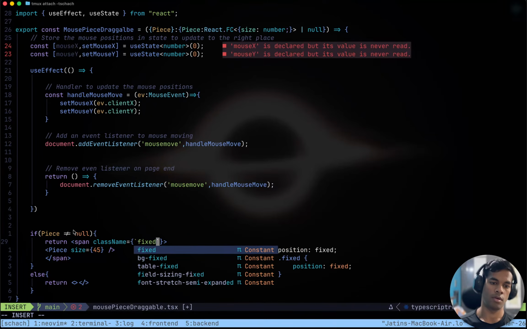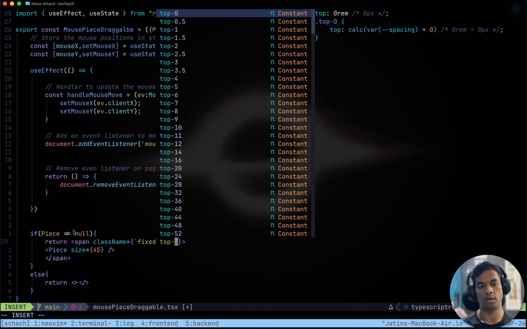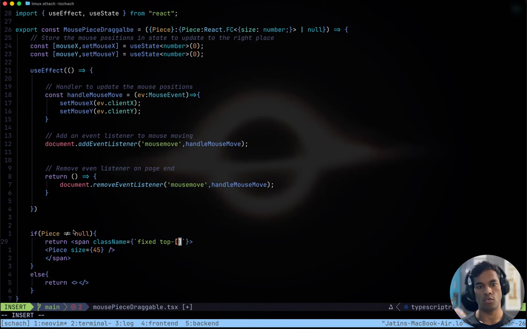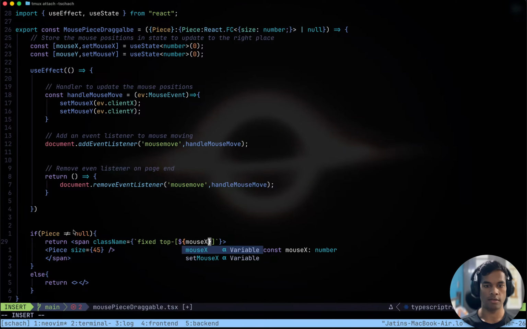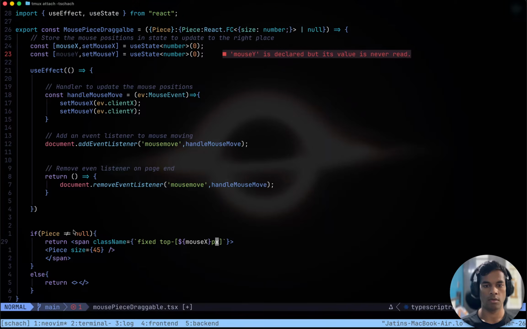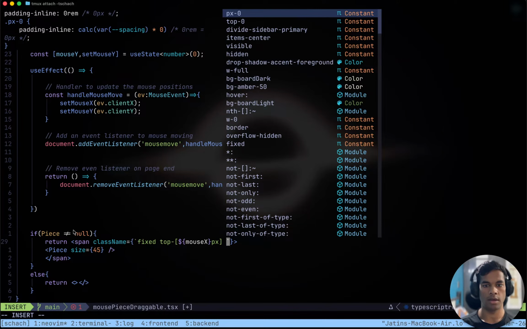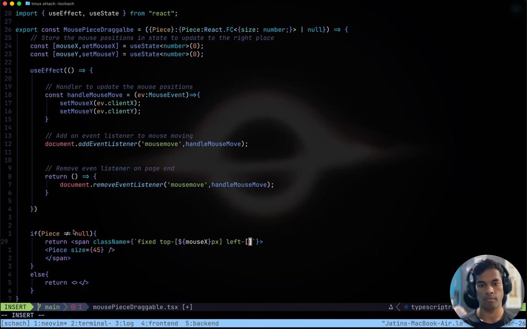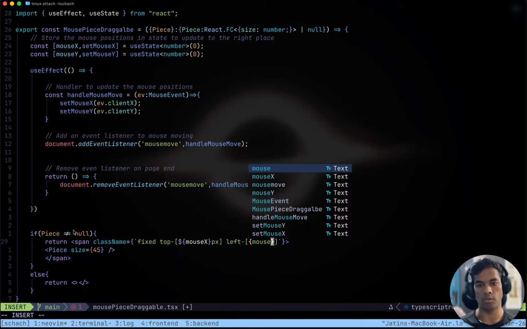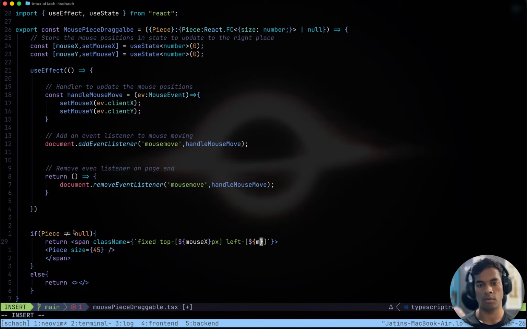Here fixed, top equals mouse x pixels, and left from the left equals mouse y pixels.